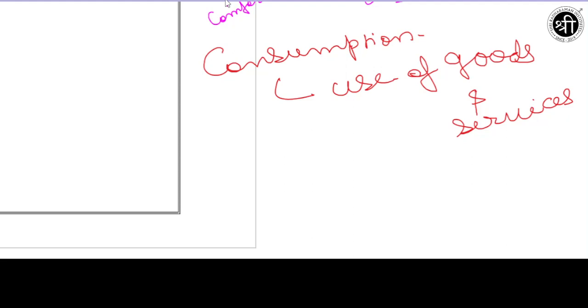After that, there is a very important concept which is utility, but I won't explain it today because that will take a considerable amount of time. So we are moving ahead to the next basic concept, which is